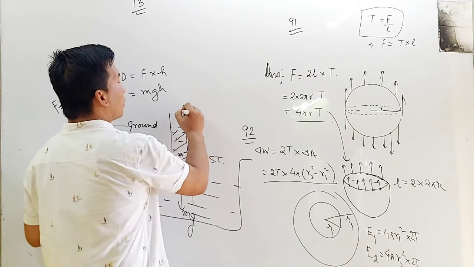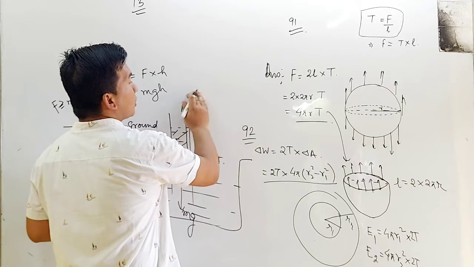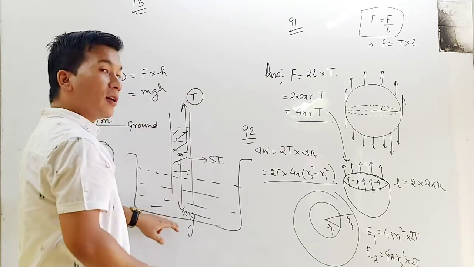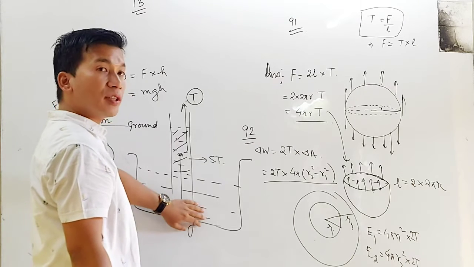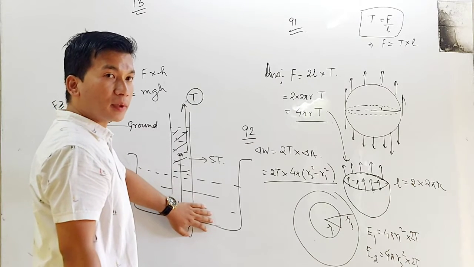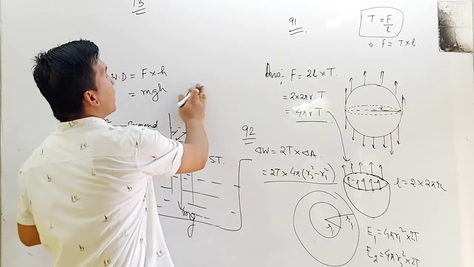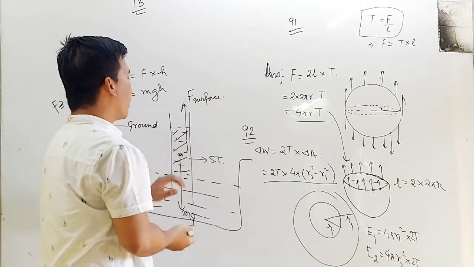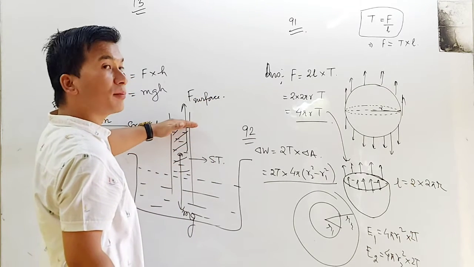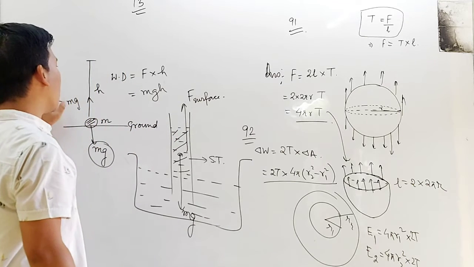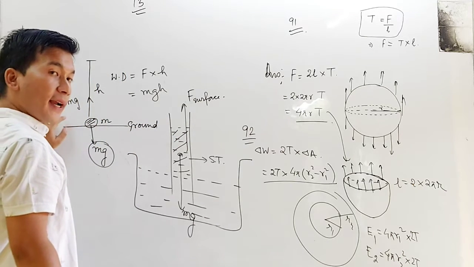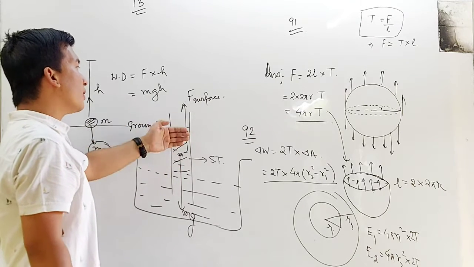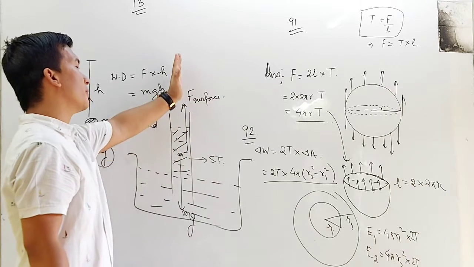will be countered by the surface tension T. This surface tension will overcome the weight mg. The force produced by surface tension will overcome the weight of this raised portion, just like an external force. The weight of this water portion will be overcome by the force produced by surface tension, and how